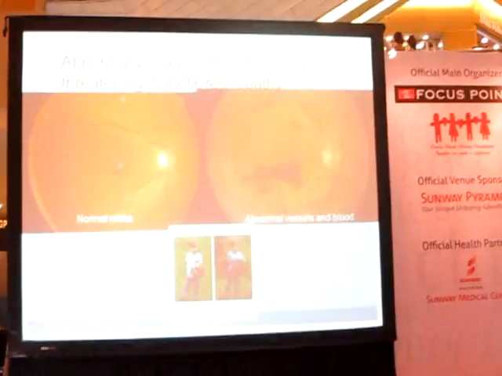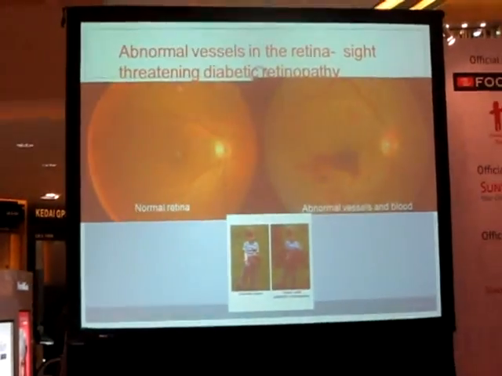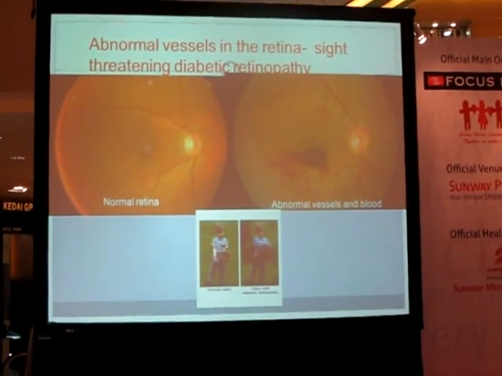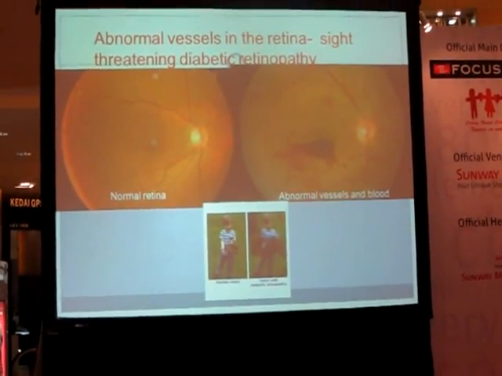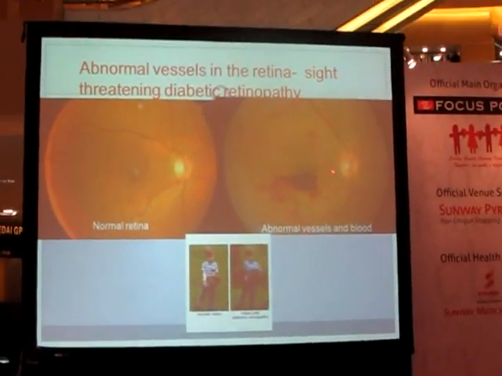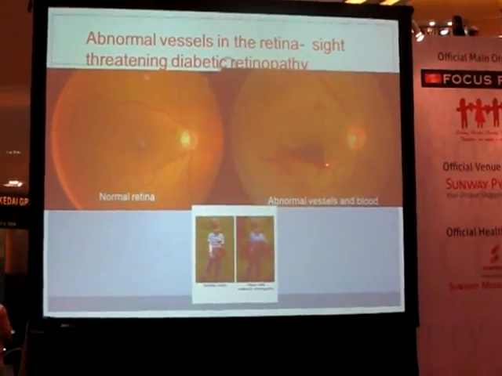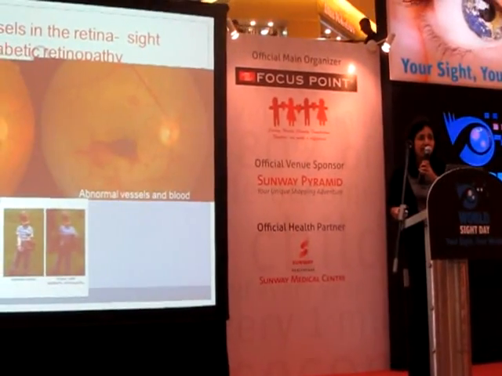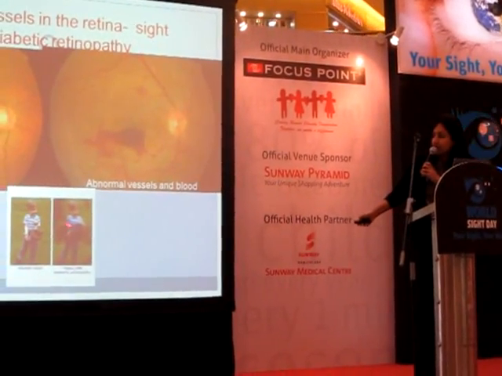Why does that shower happen? Why do those patches happen? Actually, when you have diabetes, especially for a long time, there are a lot of funny blood vessels that grow at the back of your eye, and all these funny blood vessels actually cause some bleeding. And you can see here there's a small patch of bleeding,